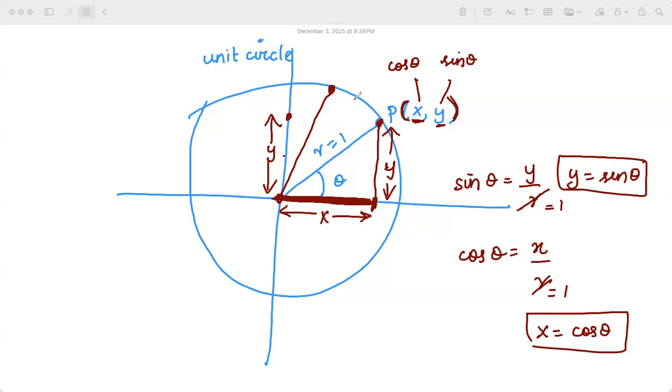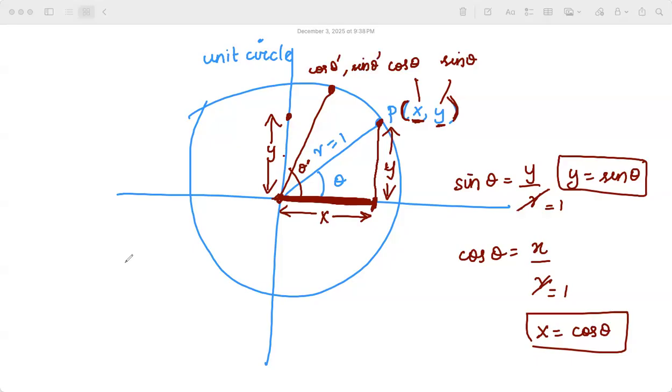Again, it's some other x and y, but the theta value differs here. Do you see? It's some other x and y, theta value differs. But again, let's say this theta, I'll call it theta dash. Can I call this point cos theta dash, comma sine theta dash?